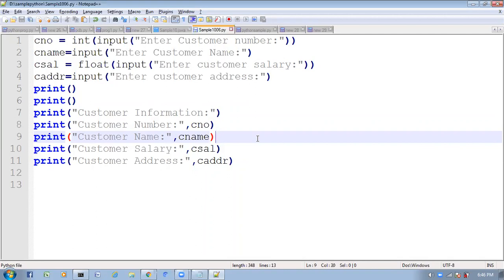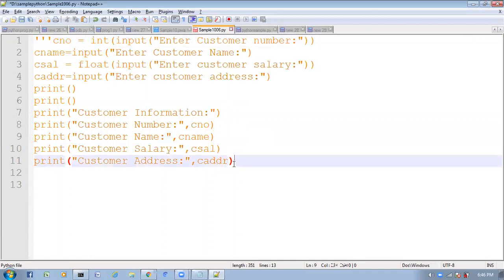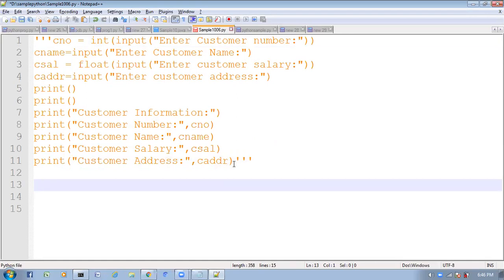Right. So now one more important thing you guys have to remember. Observe it here, observe very carefully. Here what I am going to do?